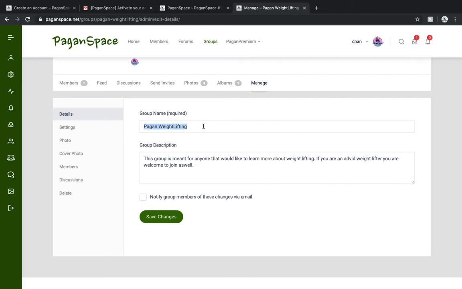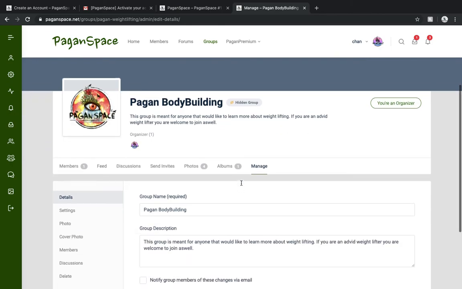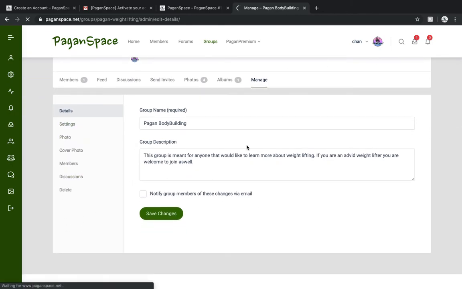So if you ever say you change your name, now I want it to be Pagan bodybuilding, I can change it right here. I can change this to notify group members of these changes via email. So I can select that and they'll automatically be notified that I did something to change the group. So if I go into settings,